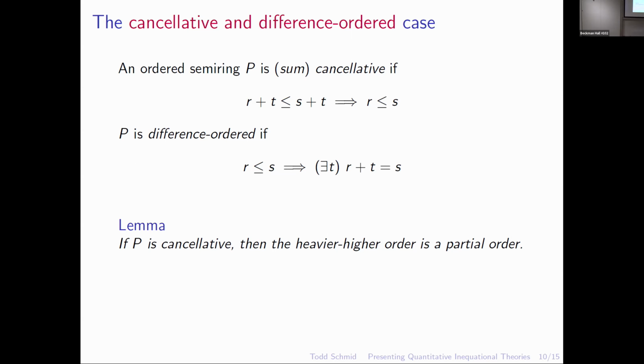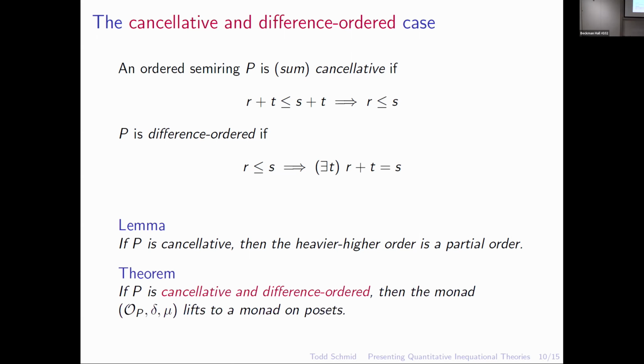And so, if you like monads, in the cancellative difference ordered case, we know that this monad that we had before on sets actually lifts to a monad on partially ordered sets. I just think that's very pretty. This is a nice condition, a sort of sufficient condition for this monad from before to lift to a monad on partially ordered sets. Okay, so this is one of the cases in which the construction that I suggested before actually does produce the free ordered